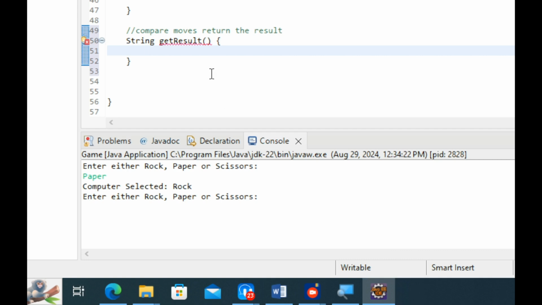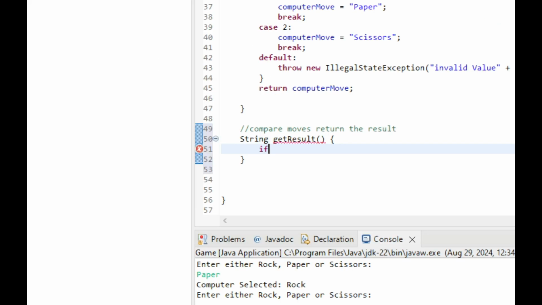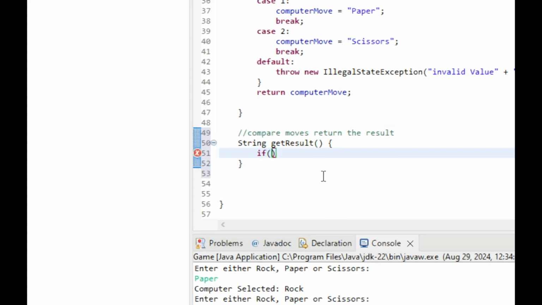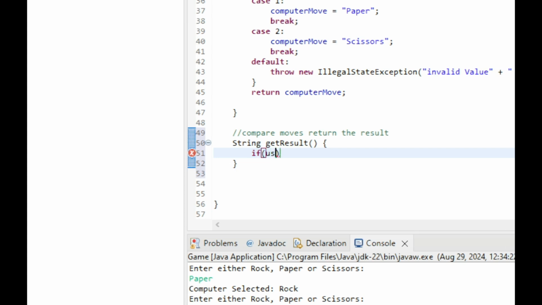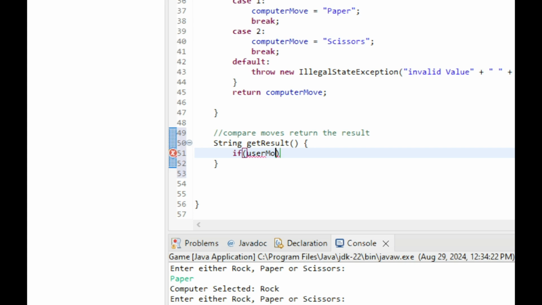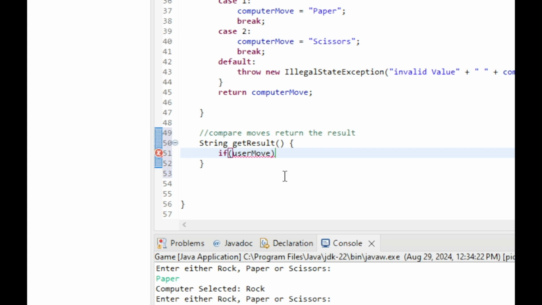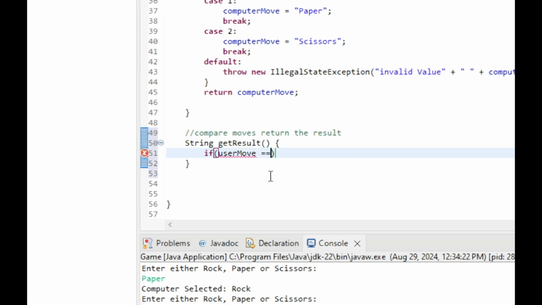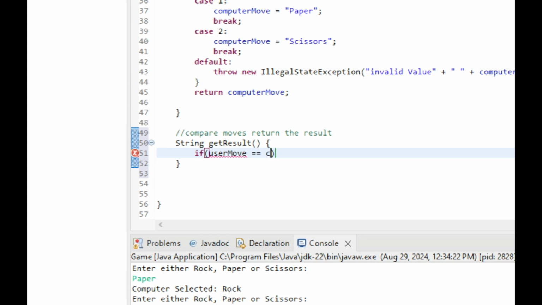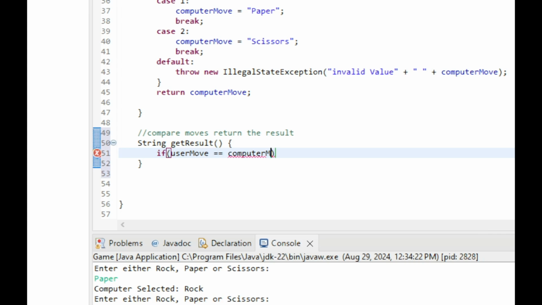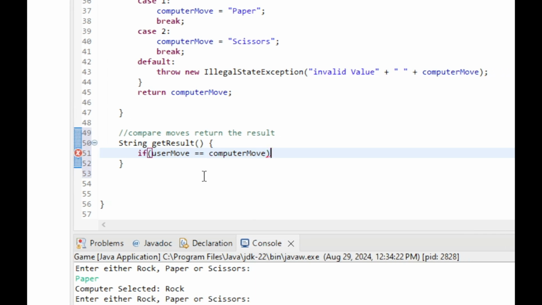So here we are going to compare. We're going to say if user move, because the user picks first, but whichever way it's okay. We need to compare the user move. Now in comparing strings, we don't use the comparison operator. Now if you say if user move equal, I want you to see something. If user move equal computer move, and we have our curly braces here,